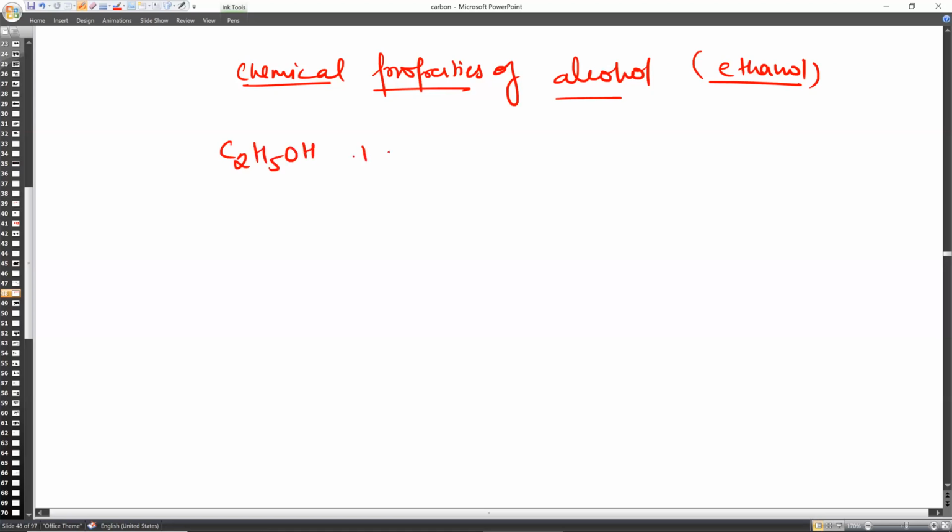First, it reacts with metals. What will it give you? Tell me fast. C2H5ONa plus hydrogen gas, H2. Only hydrogen gas, not H2O. Okay. Then next,